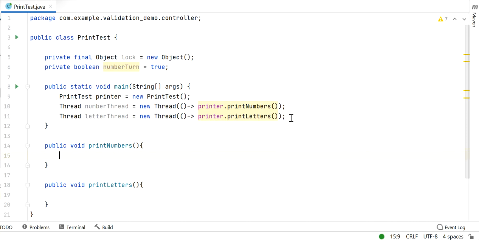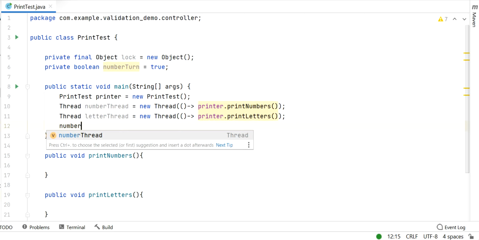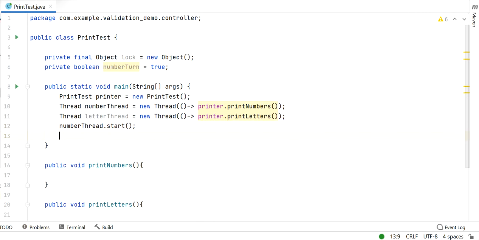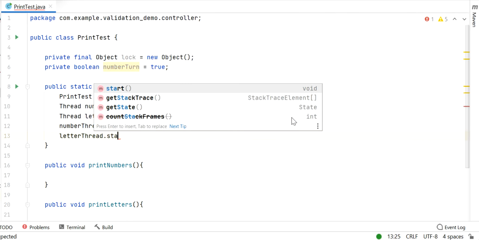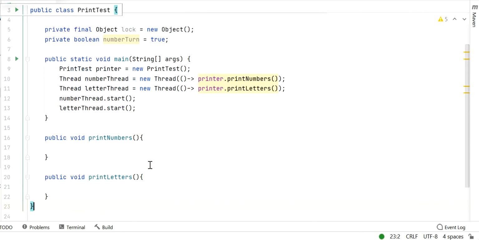So here I have created two threads. Now I will run and start both threads. First I will call numberThread dot start. This will start the thread numberThread, and the second is letterThread dot start, which will start the second thread. Now we need to write the logic to print the numbers and letters